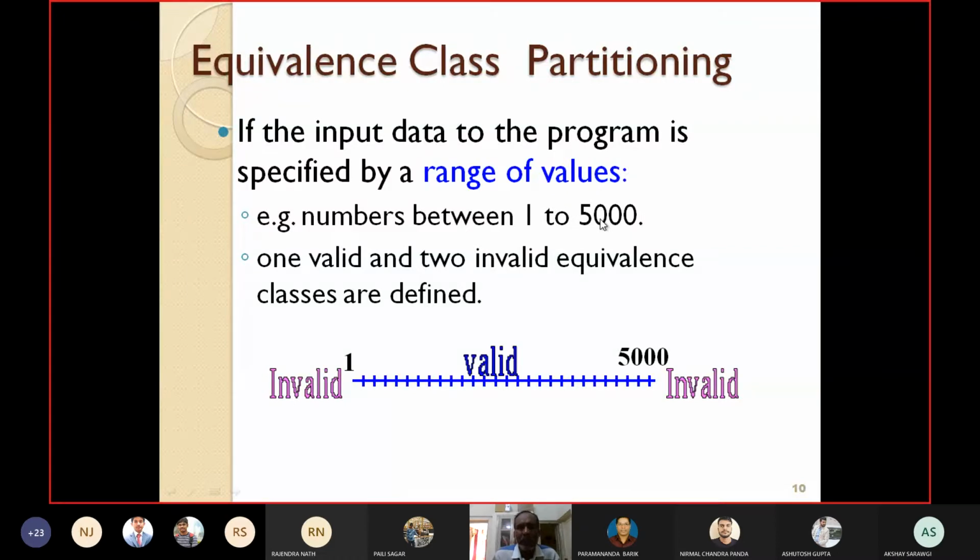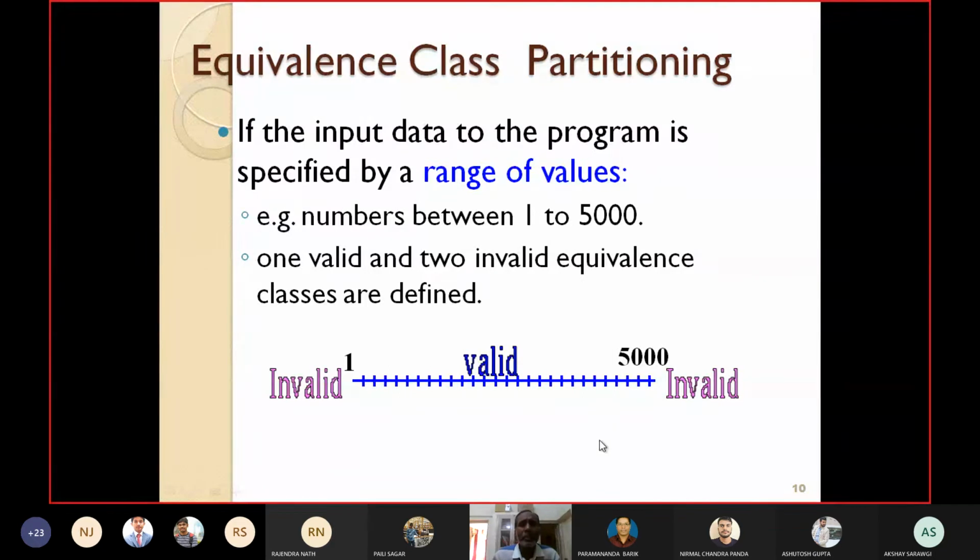So here I am getting three equivalence classes: one valid class, any number between 1 to 5,000, and two invalid classes, all the numbers less than 1 and all the numbers greater than 5,000.